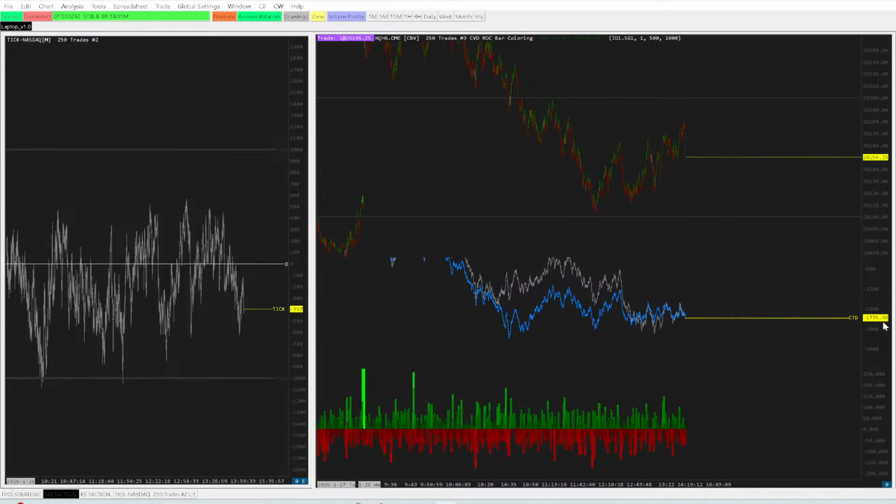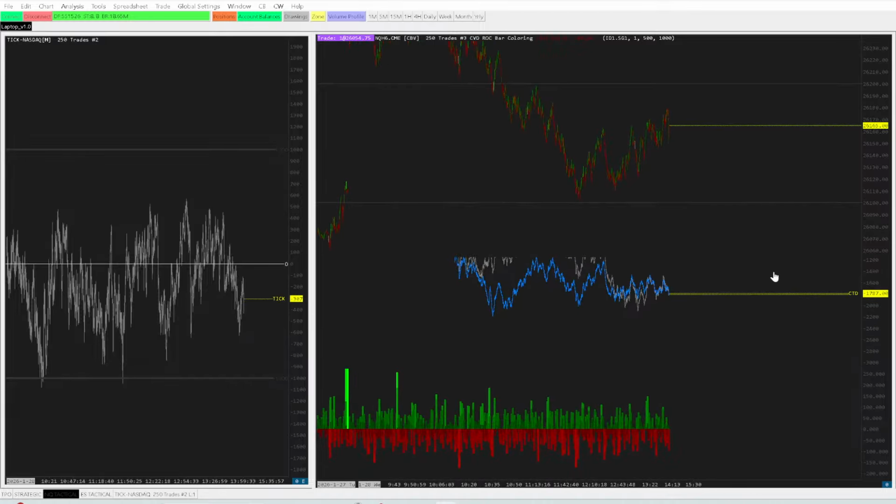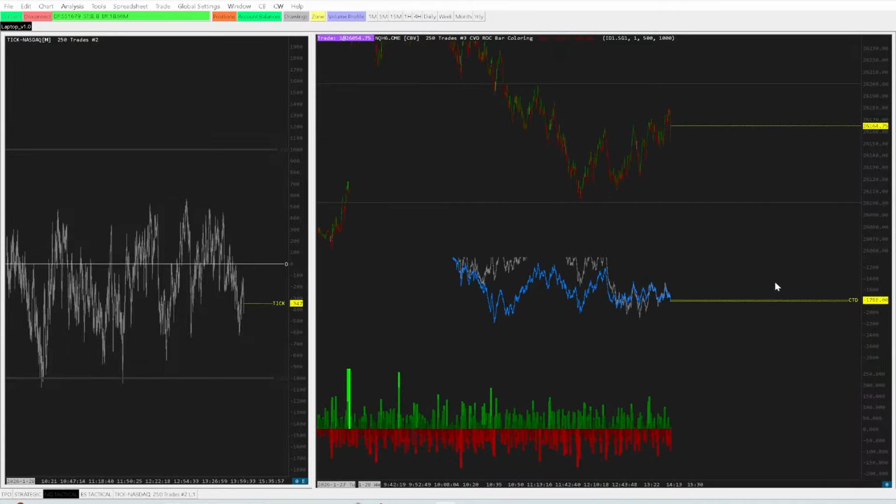So still quite a bit of selling pressure on this, right? And we can see the tick. The tick's been diverging, so it might take a swing lower here. Right now, this is RTH low